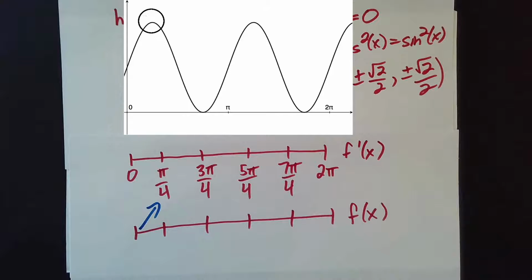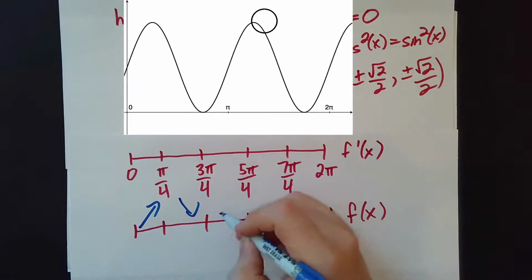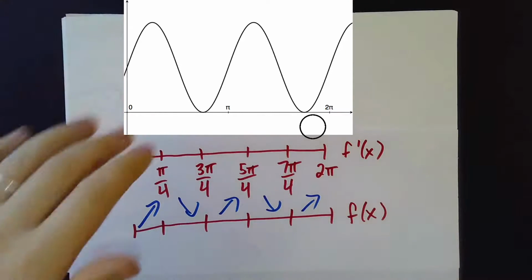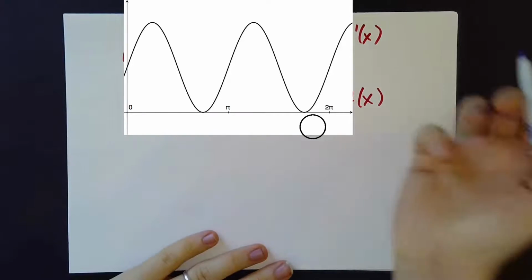Then for the next piece, that's between pi over 4 and 3 pi over 4, that's those places, the graph is decreasing. And then the next piece, between 3 pi over 4 and 5 pi over 4, it's increasing. Then between 5 pi over 4 and 7 pi over 4, it's decreasing. And then between 7 pi over 4 and 2 pi, it's increasing again. And so that lets us write down our final answer here, which is